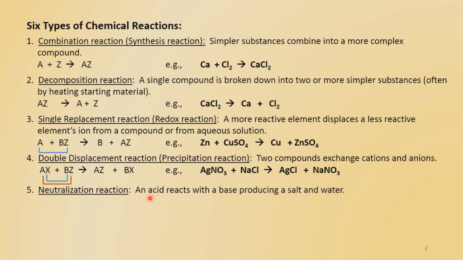A neutralization reaction is one in which an acid reacts with a base, producing salt and water. So here's a generic acid, HX, reacting with a generic base, BOH. The hydrogen ion from the acid reacts with the hydroxide ion from the base, producing water, and the cation from the base, B, and the anion from the acid, X, combine to form a salt, BX. Specifically, HCl reacts with sodium hydroxide: the hydrogen and hydroxide form water, and the sodium ion and chloride ion form sodium